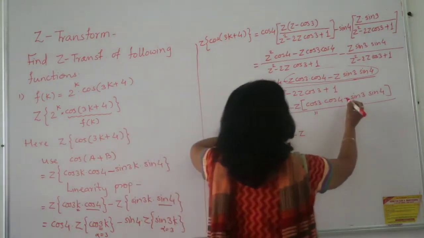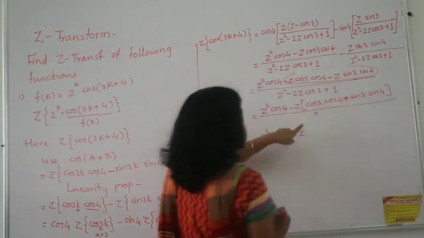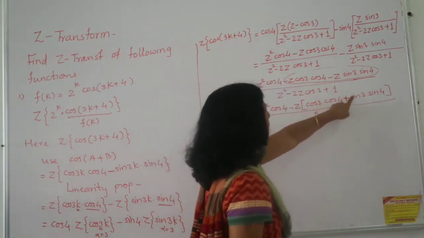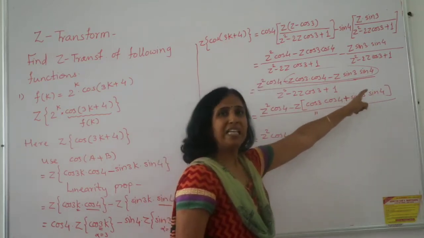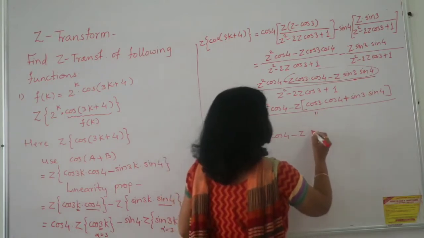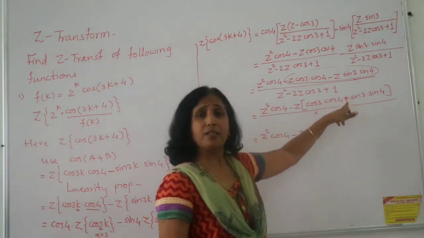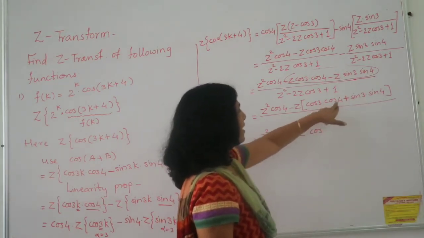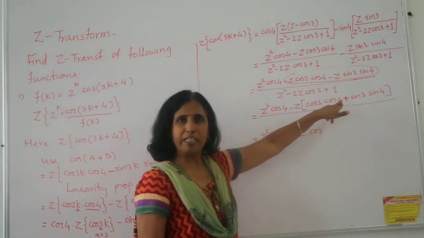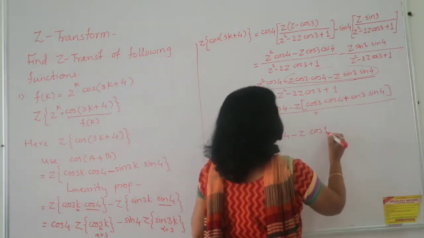So when I take this minus sign common, this will become plus, and then cos 3 cos 4 plus sin 3 sin 4 is again a formula: cos A cos B plus sin A sin B, which is the formula of cos(A minus B). In the cos function it is generally opposite work. So here, for cos A cos B, we take the bigger value as A generally. So it is 4 minus 3, and so this will be 1.